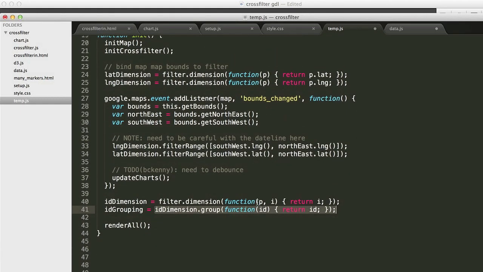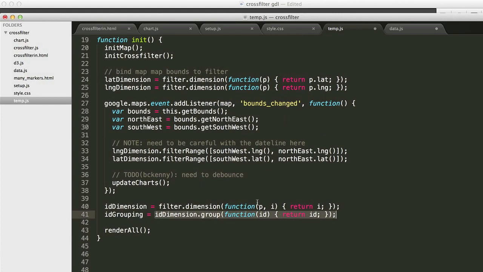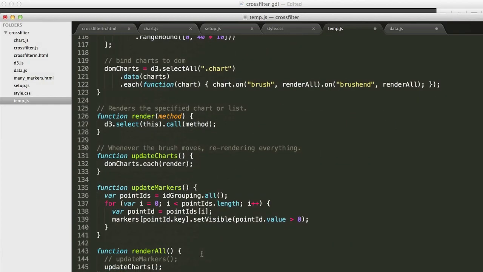And so when I created my markers, I put them in an array also that mirrors exactly the point array. So what I can do is, when I check a bucket with a particular ID, I can just go in and take that same ID, and set the marker either to visible or not, depending on whether that bucket is empty or not. So that code is right down here,